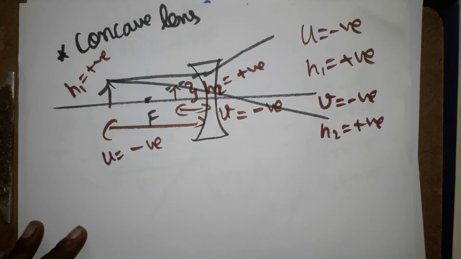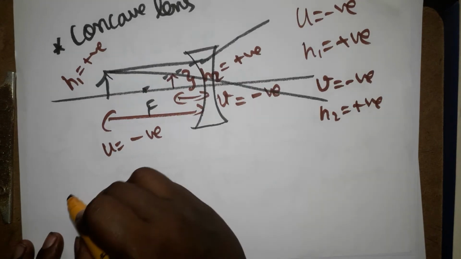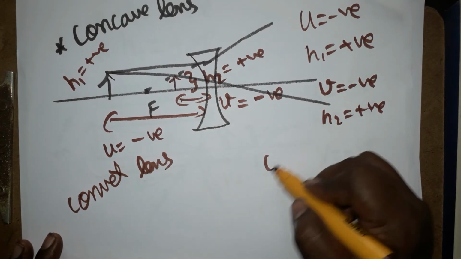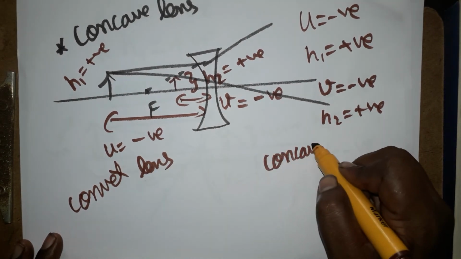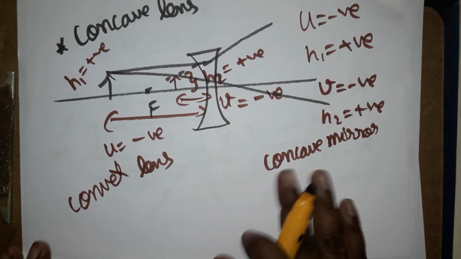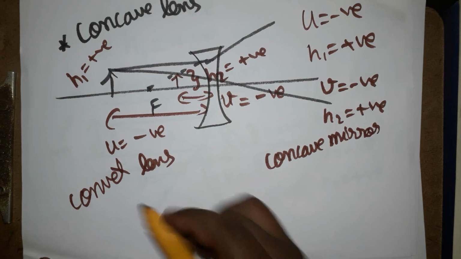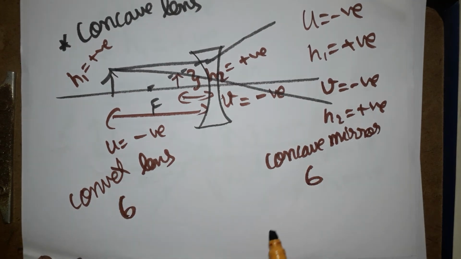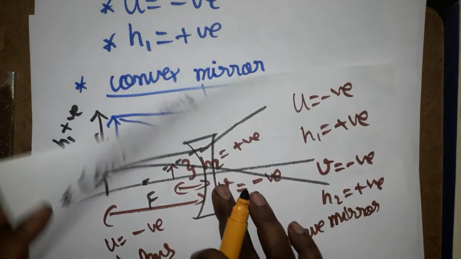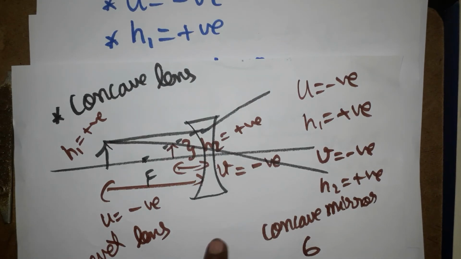Okay, then the remaining two options we have: one is a convex lens, another one is a concave mirror. Okay, we can get any of the values for these, because here we have a lot of conditions, 6 conditions here, 6 conditions here, we'll get any of the values, but these two are fixed values. Okay, next I am going to tell you about magnification, how we can use the sign convention in magnification.